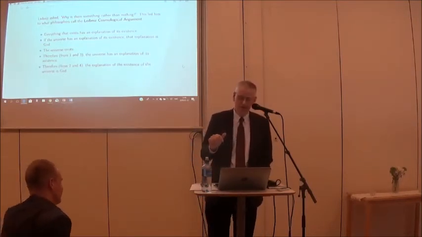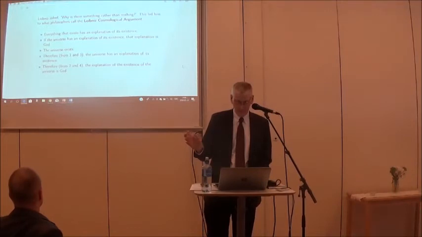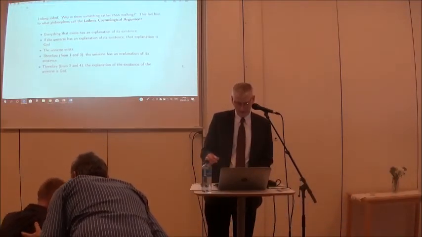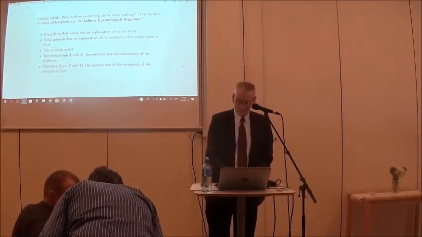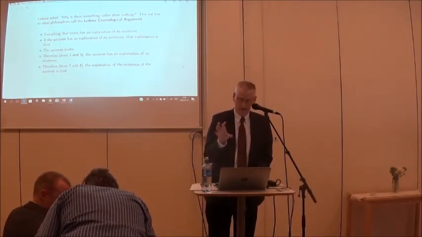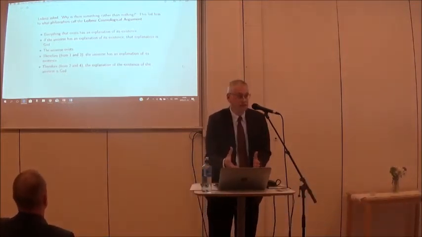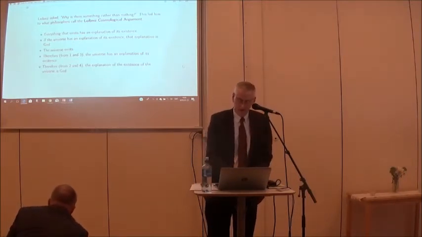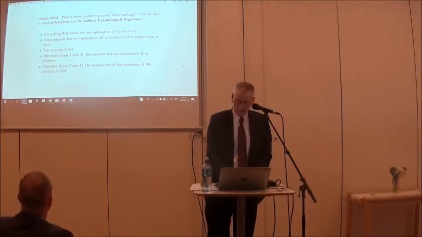It goes like this. First premise, everything that exists has an explanation of its existence. Second premise, if the universe has an explanation of its existence, that explanation is God. Third premise, the universe exists. And then Leibniz noticed this. Therefore, from premise 1 and premise 3, once you accept those premises, it logically follows the universe has an explanation of its existence. And therefore, from premise 2 and premise 4, the explanation of the existence of the universe is